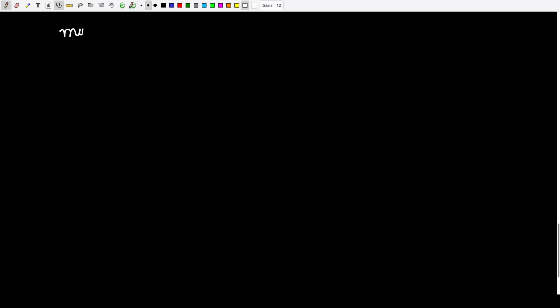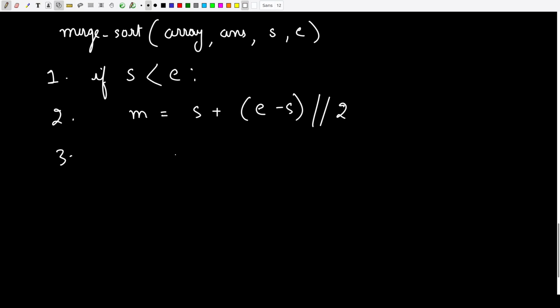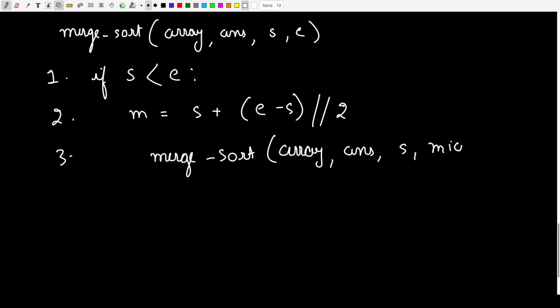So let us say we want to perform merge sort. An array is given to us, an answer list is given to us, start pointer and end pointer are given to us. The first condition is: if start is less than end, then we compute the midpoint, which is equal to start plus (end minus start) divided by 2. Now once we have the mid pointer, we perform merge sort on the first half of the array, so start to mid,